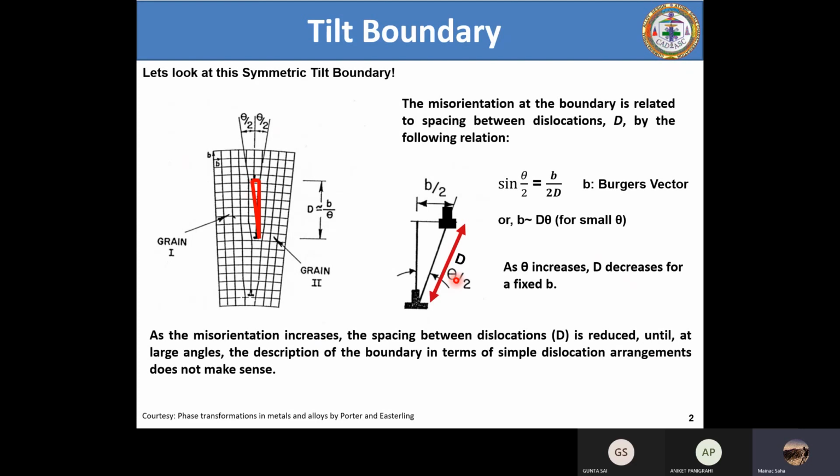15 into pi by 360. So how much will it be? Can anyone calculate, please? It's around something. B is equal to 0.13 D. Okay, so B is equal to 0.13 times D, if theta is 15 degrees and you put theta in radians, so 15 into pi by 360. Pi by 360, right? Or pi by 180 or pi by 360?